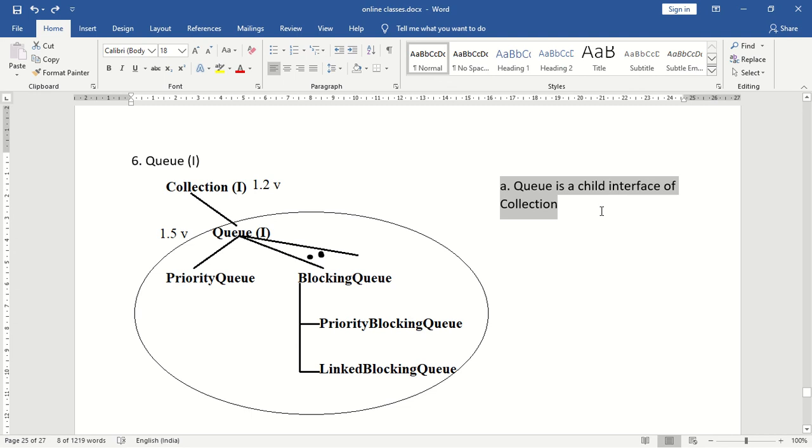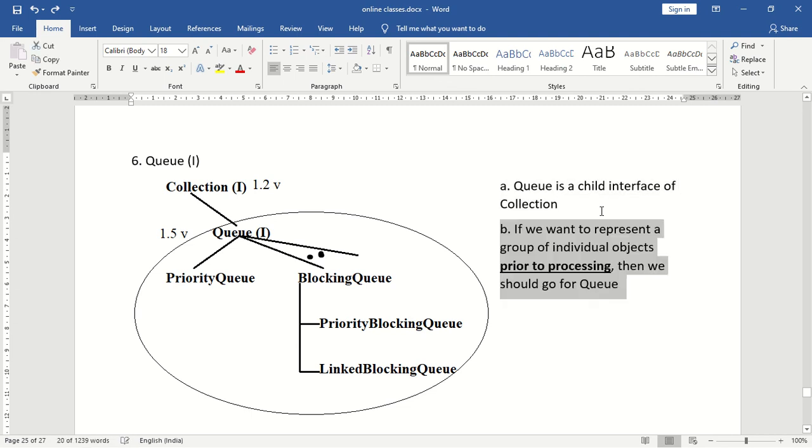So what is a queue? Queue is a child interface of a collection. Next, why is queue required? If we want to represent a group of individual objects prior to processing. What do you mean by prior to processing? Before processing. So if we want to represent a group of individual objects prior to processing, then we should go